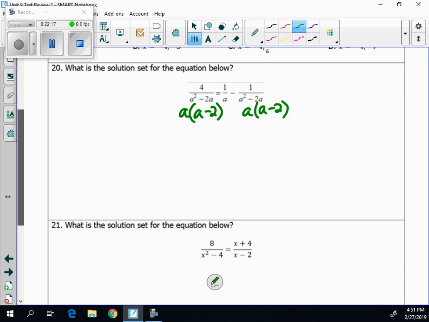What's not in common, and it's only in common with 2 of them, is a minus 2 and a minus 2. The middle fraction doesn't have an a minus 2, so we need to multiply by a minus 2. So then it'll be in common with all the others. Now they have all the same denominator. So let's rewrite this quick. That's 4 over a times a minus 2 equals 1 times a minus 2